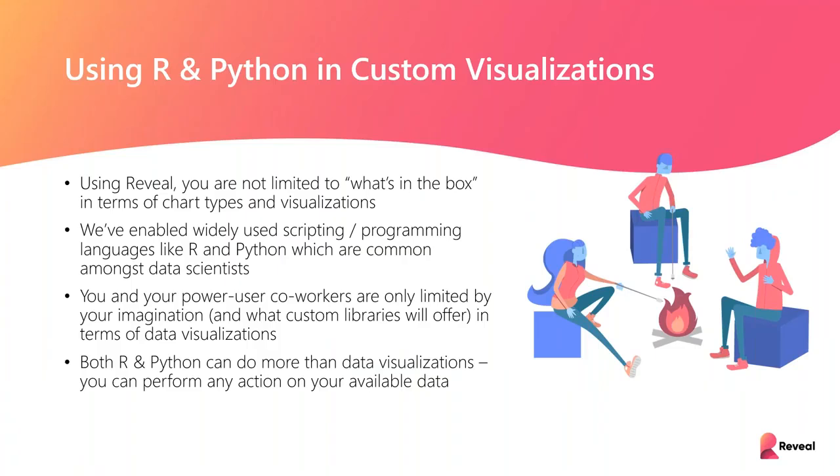We added R and Python scripting in a release in the product last year, around December, I believe. And it really just allows you to use these custom libraries in Reveal. So what we're trying to do is not limit you to what's in the box in terms of chart types, visualizations, and even the overall capability of Reveal. Everything succeeds now through ecosystems, through extensibility, through customizations, and through the SDK. We have an entire API which lets you do that, plus all of the things that you're gonna learn today,